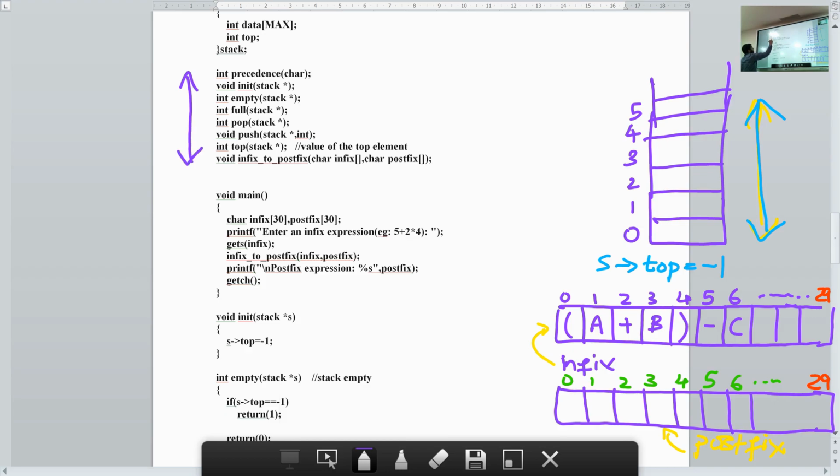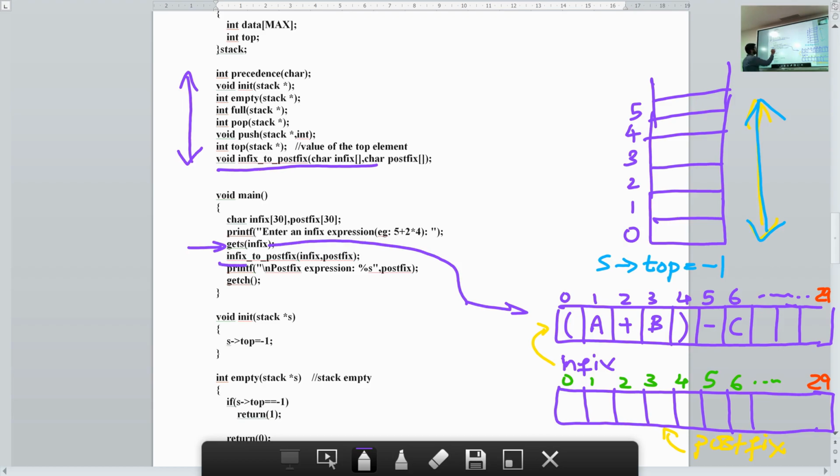I will not be going to them again. Now we are only going to deal with this function infix to postfix, which is our implemented algorithm. So after we have got the input, we have stored it in the array from this line.